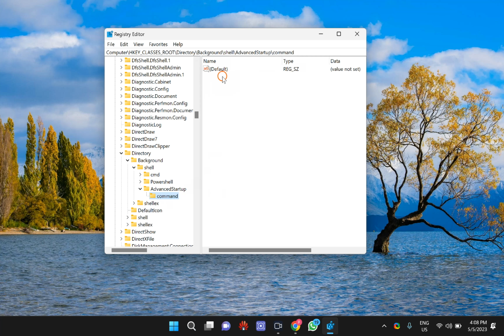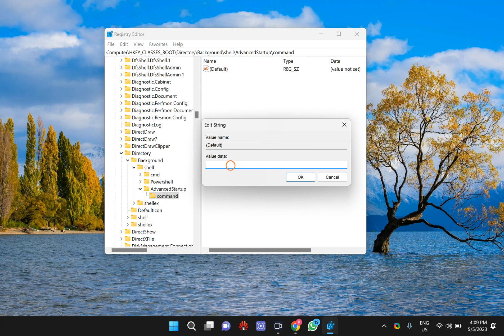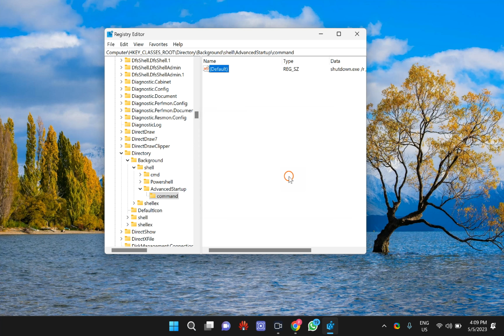Double click on this one and copy and paste this shutdown command from the video description: shutdown.exe /r /o /f /t 00. Then click on the OK button to save the changes.